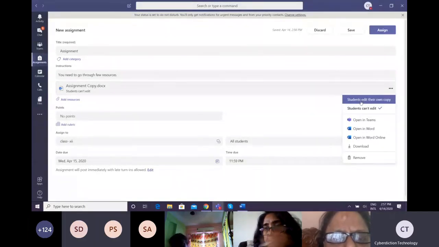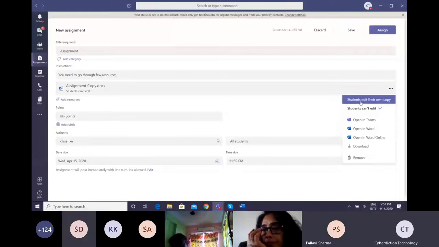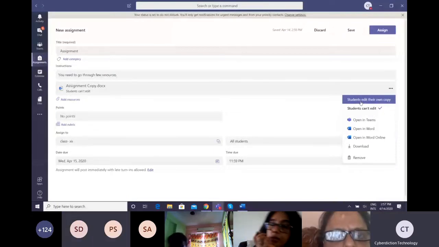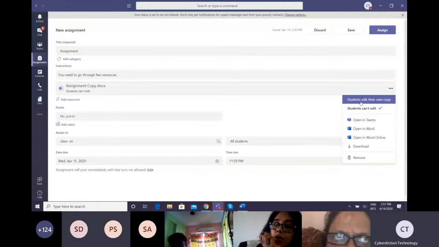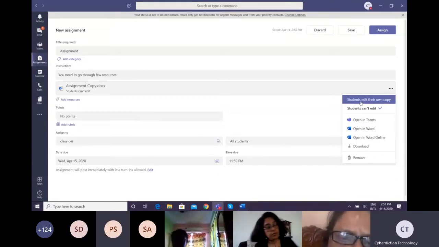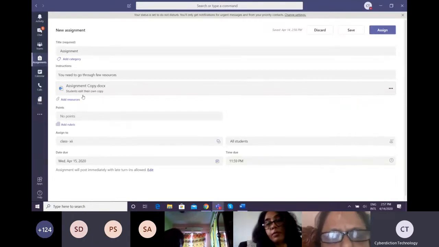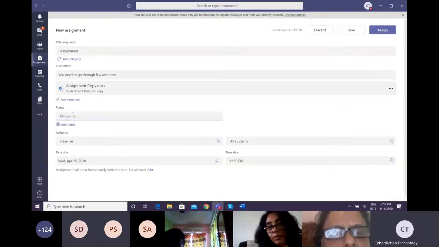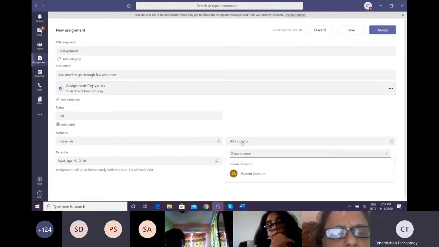When you select the first option, students edit their own copy, they will get a separate Word file, and they will write the answers on their copy, so that it automatically reflects to the teacher. So let's say I have selected the student's own copy, and the points, let's say it is 10 marks assigned to all the students.